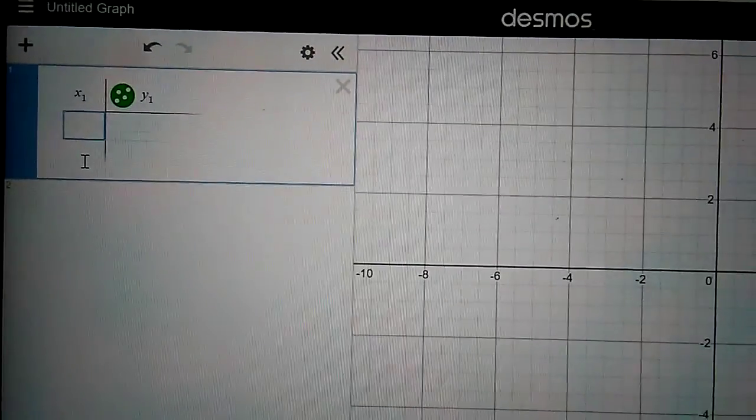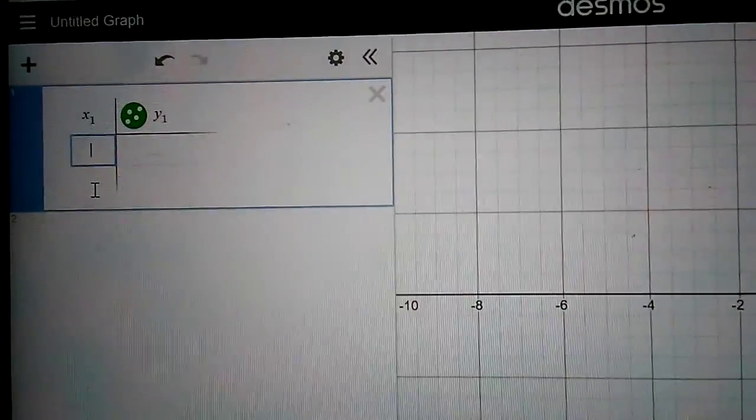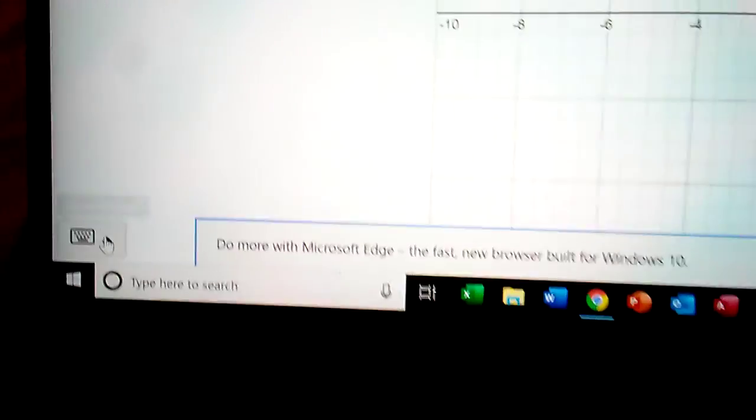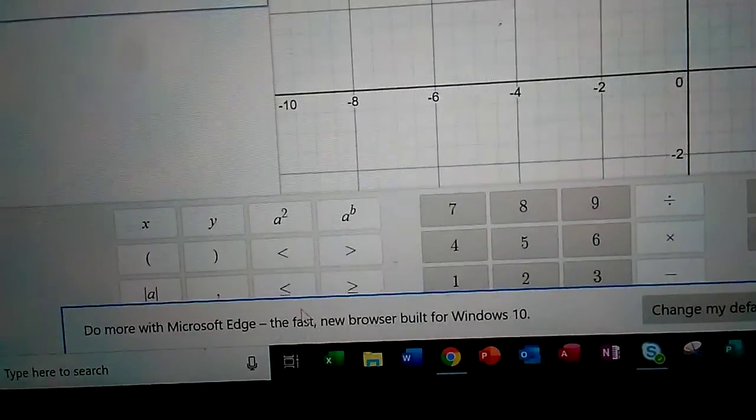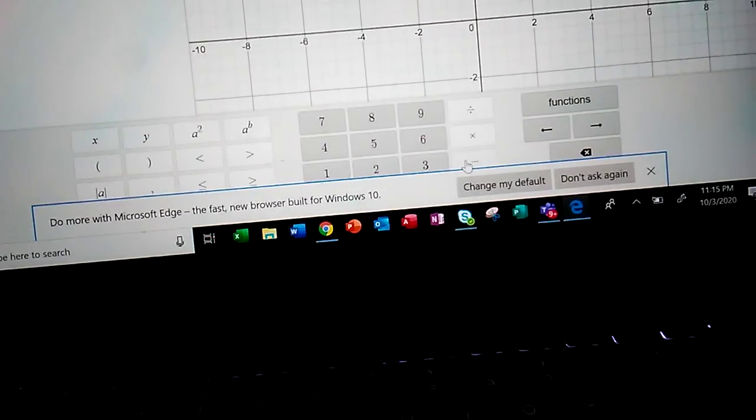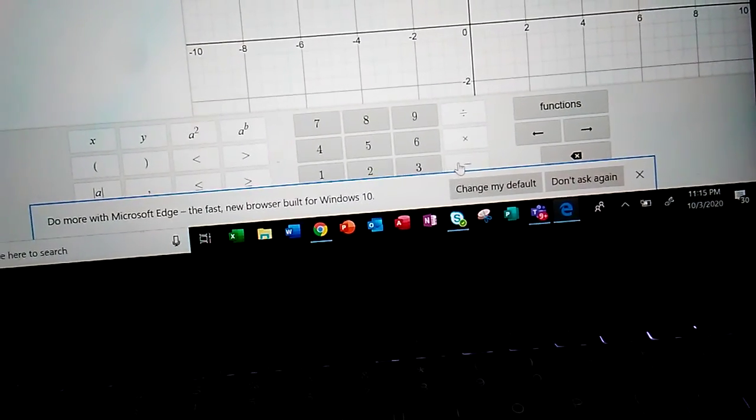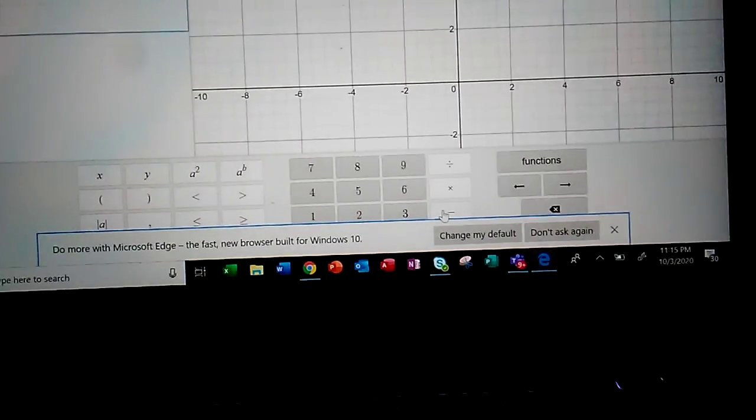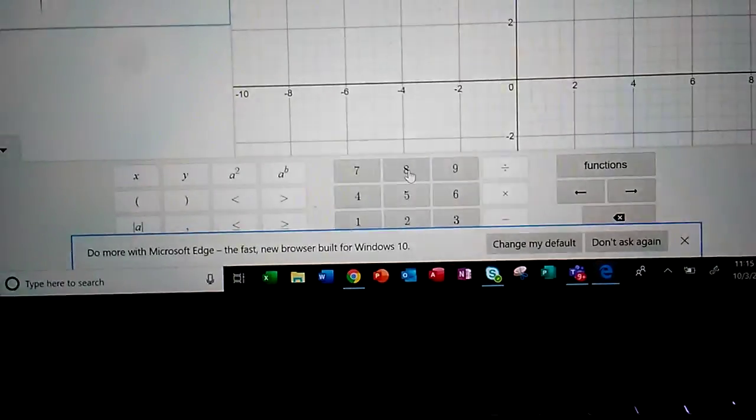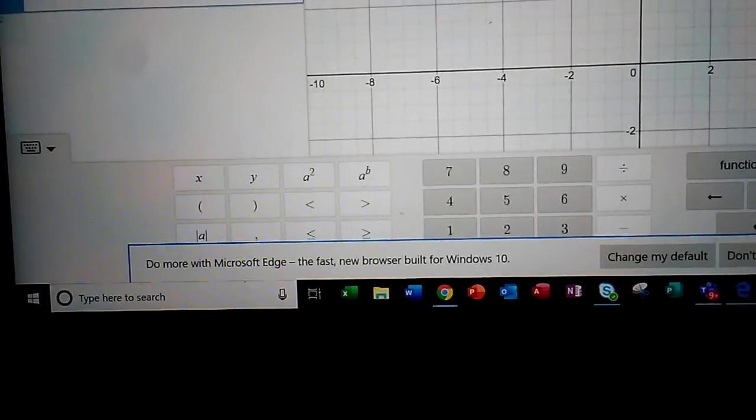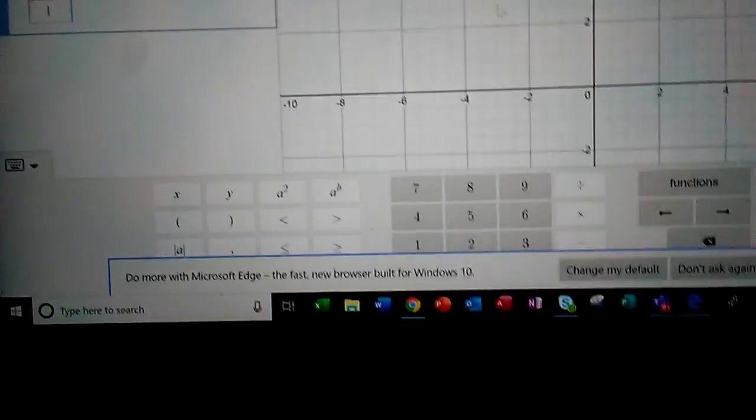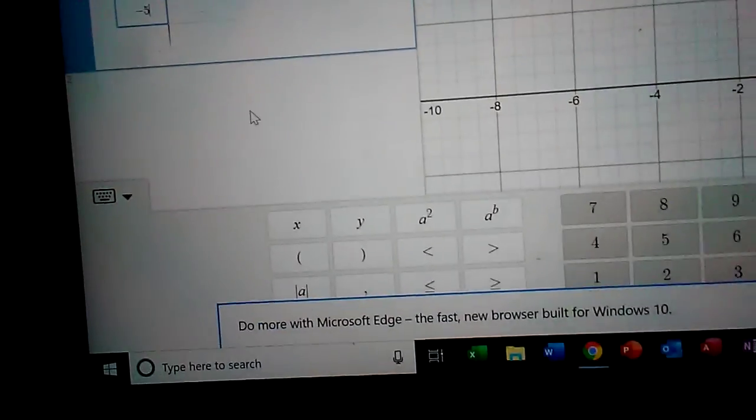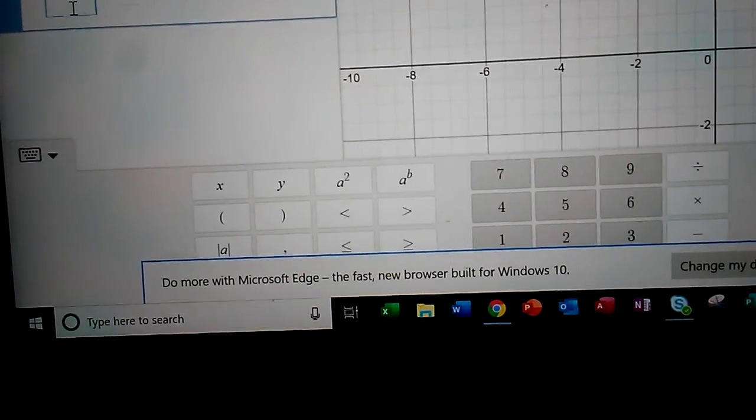I'm going to do the x first. You also have to go down here and pull up the keypad. Okay, there we go. So let's do -8, -5, -2. I'm going to do -8, and I entered it right there. And I'm going to go down here and click -5. These are just numbers that I'm choosing to make a graph. And then underneath that, I'm going to put -2,